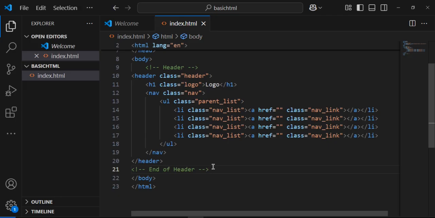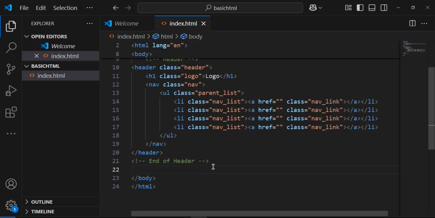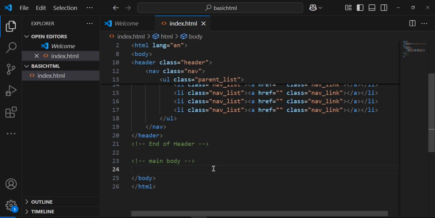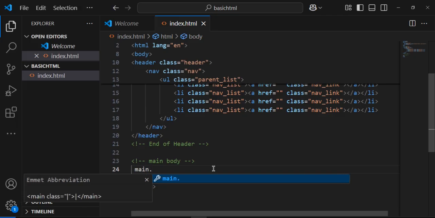Okay, so I will now move to the main body. Main body is where I'm going to now. So I'm going to use the main element, main dot main, that's the class. Inside it I'm going to have